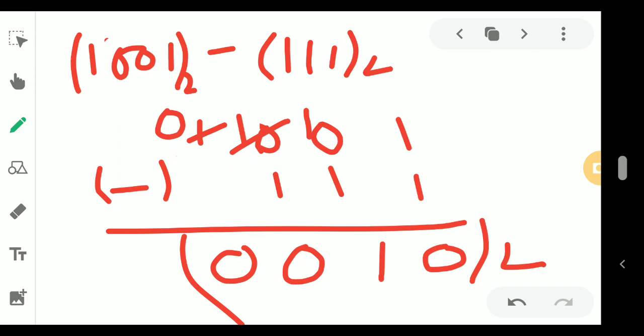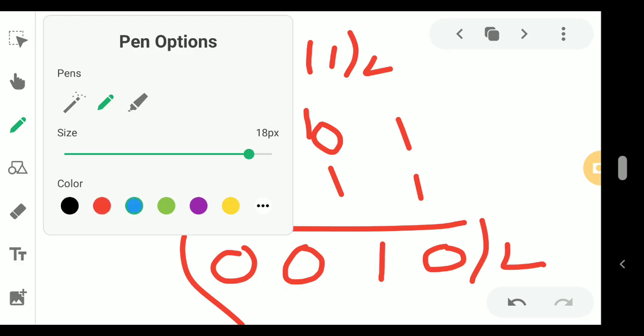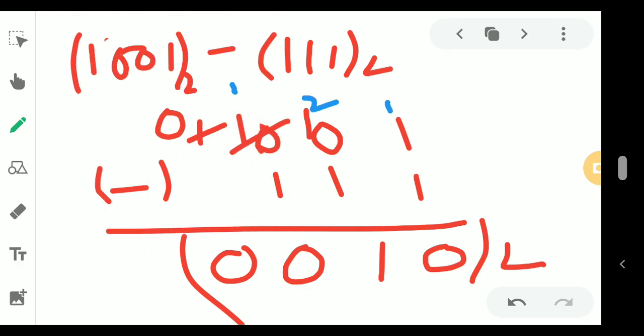So I hope, I'm repeating this step. The first difference, first column, if you take it in column-wise format. I'm using a different color. This one is column 1, 2, 3, 4. What is the procedure I'm using? From column 1, difference 1 minus 1, 0. Very good. Next, for borrow, 1 taken from column 4, from the value 1. This is clear, that from this value I'm taking 1 as a borrow. Next, borrow 1 taken from the third column. The value becomes 1 0. So 1 0 minus 1 is 1. Hence 1 remains in column 3.